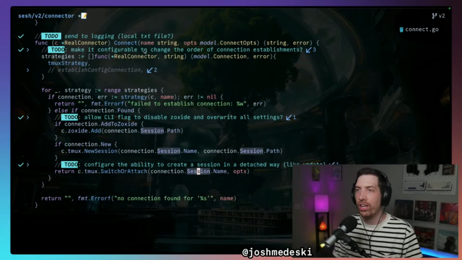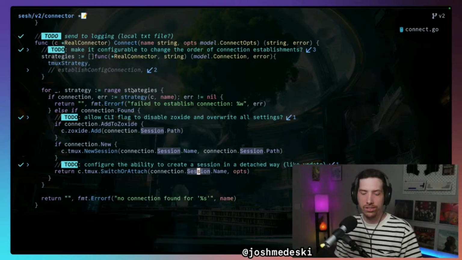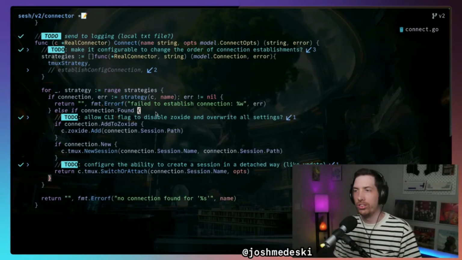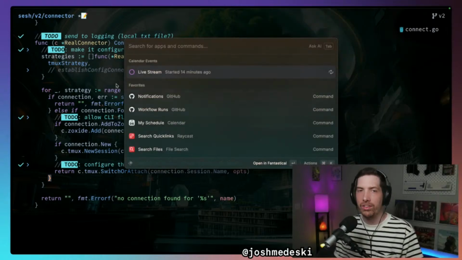And of course, if you're not familiar, Sesh already has an option where you can force switching. So you can pass a flag. This is how the Raycast thing works, which isn't going to work right now because I'm in the development cycle right now. But